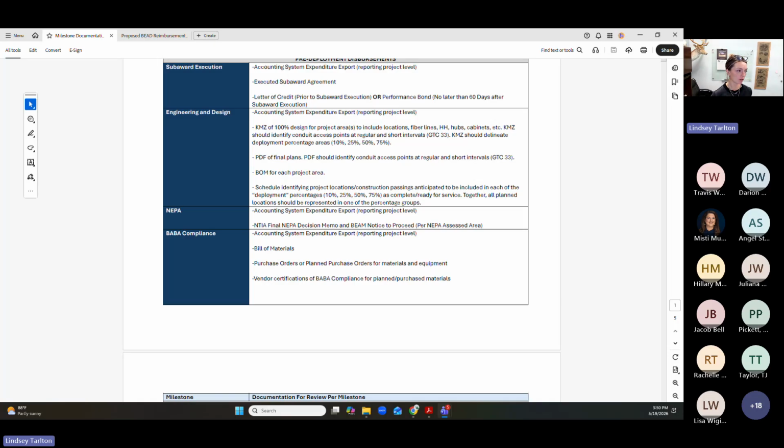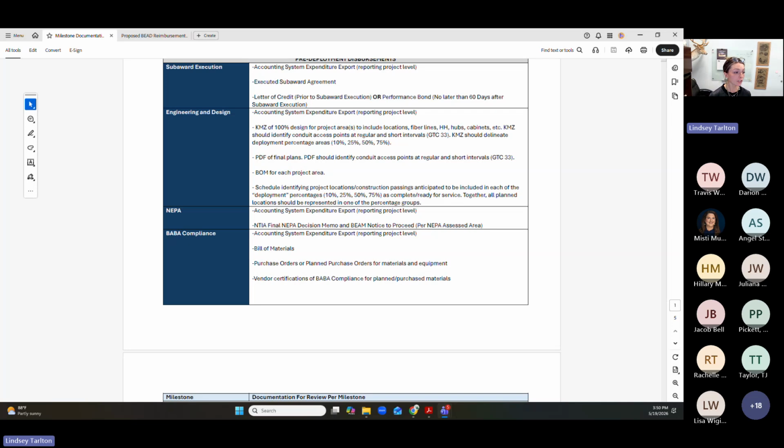So next we're going to move on to BABA compliance, the Buy America, Build America compliance portion of the BEAD program. So of course we are going to need that expenditure report again. And then for BABA compliance, for materials and equipment needing to comply, we will need a bill of materials that we've already talked about before for another milestone.